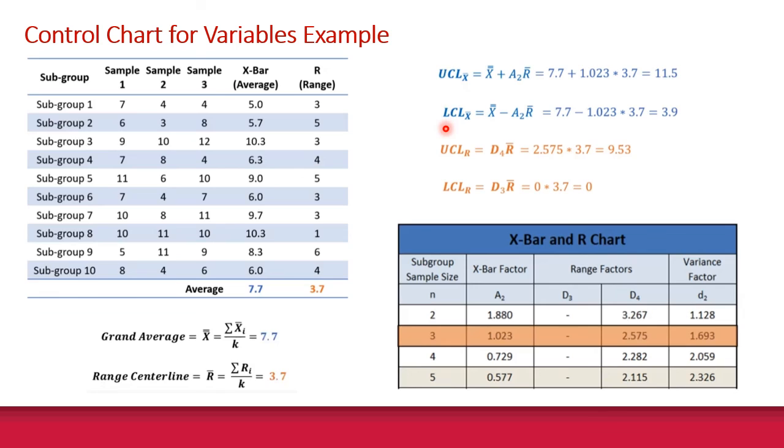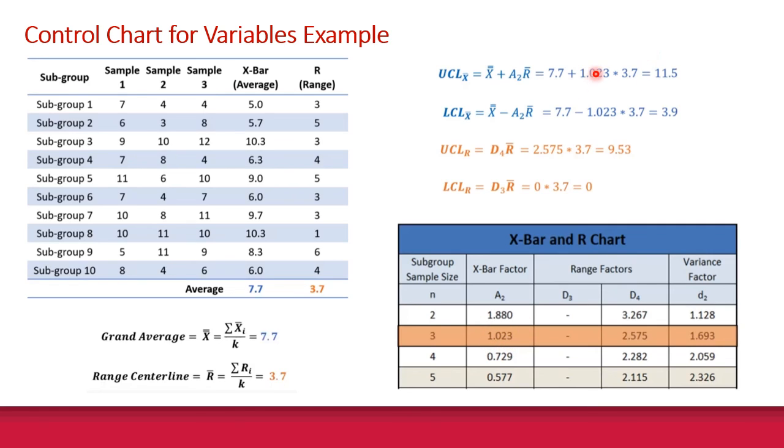So if you're going to use the tables to figure out what the upper control limit and the lower control limit are, we need to find what the values are in our chart. So here we go back to the appendix and we look down through our sample size, and in our samples we selected 3 objects off the assembly line. So that's where the subgroup sample is 3. So every hour on the hour we selected three samples off the assembly line. So that's where the 3 comes from. So we come over and we get the A2 factor here,